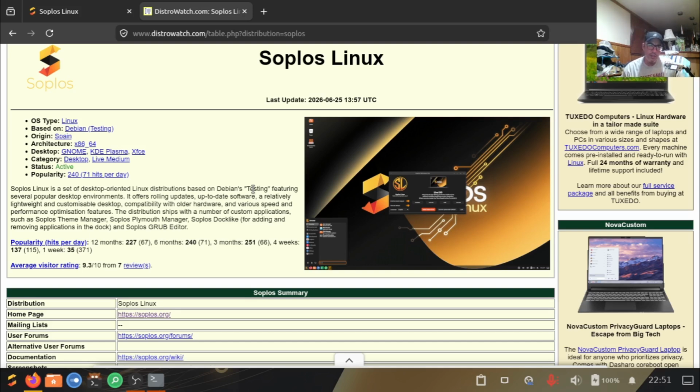But the word testing to me makes me feel almost like it's not finalized, or maybe it's a version of the operating system where the foundation is solid, like for the most part everything's figured out, but it's maybe one that's designed for testing out new features, new software, new hardware. I don't know, but it is testing,